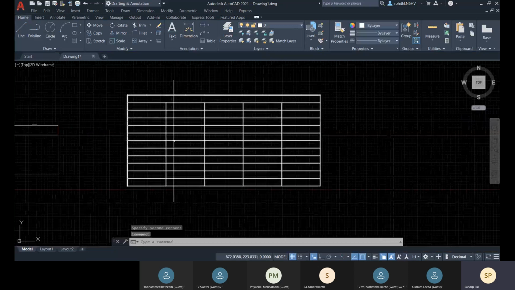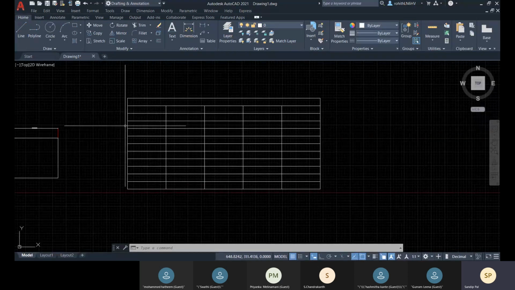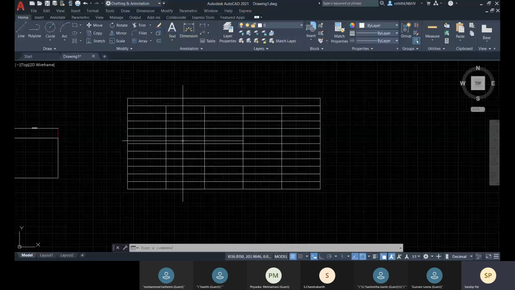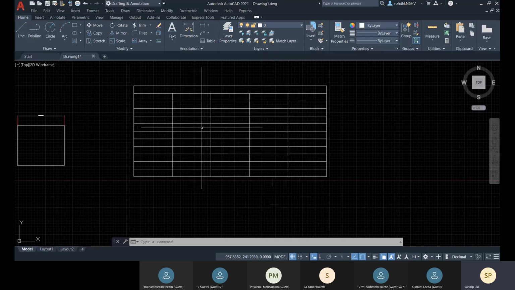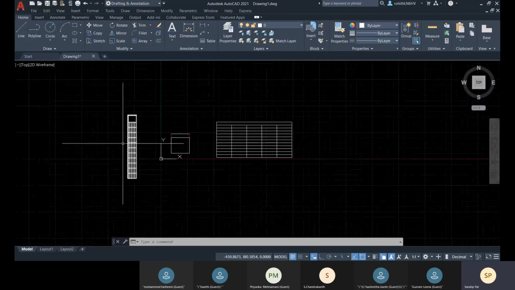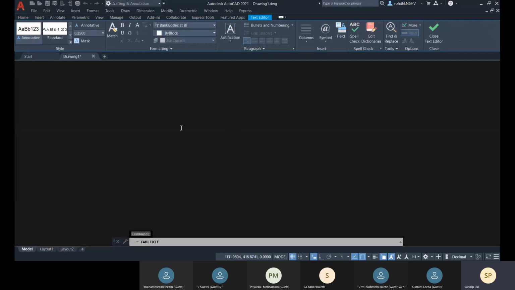And you can see that we have 5 columns and 10 rows, and as per your window area, the row height and column width are adjusted. Okay. And then you can double click on it to write any text value, and everything related to the text is already described.